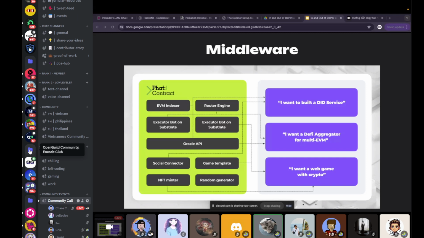Otherwise, we cannot report the data back to the smart contract. So these are the only two costs from our side. First is the PHA token to stake, so you can keep your program running, and the second is the gas fee used when the oracle is reporting the data back to the smart contract. Okay, no extra fee. Yes.